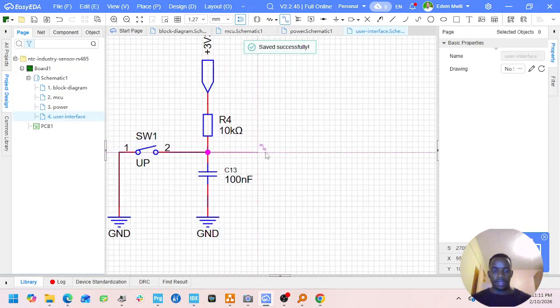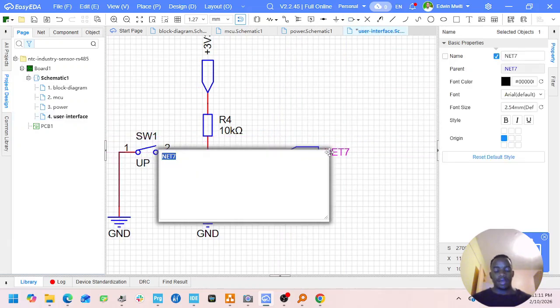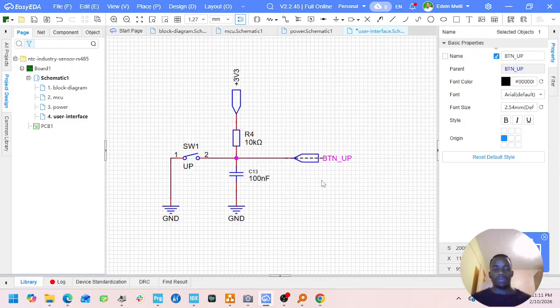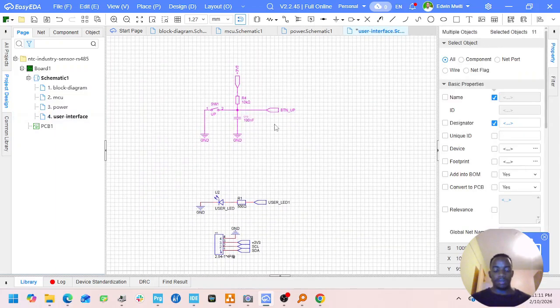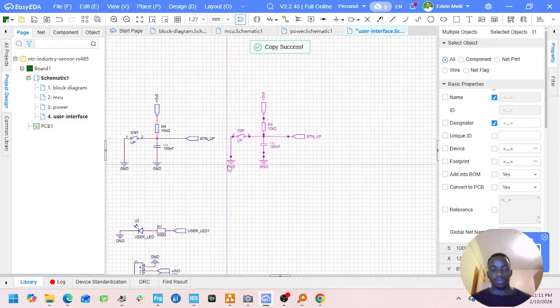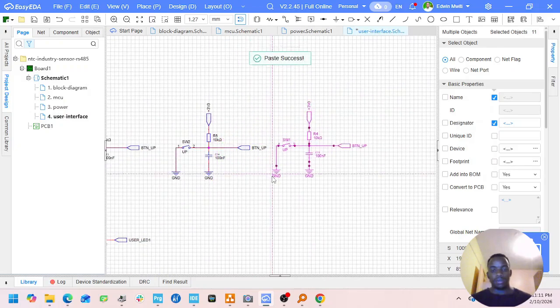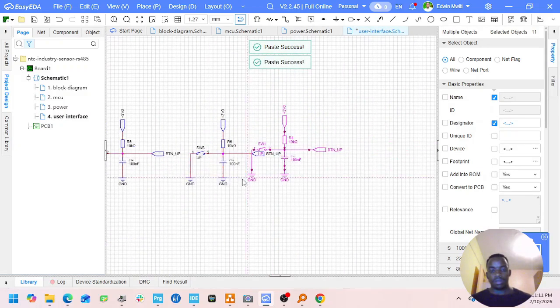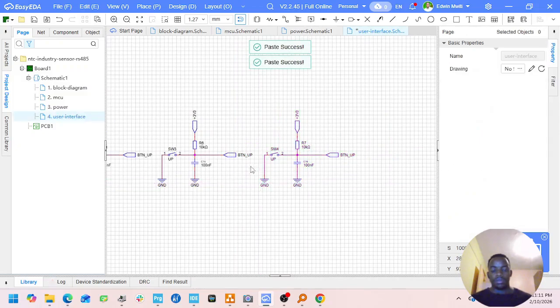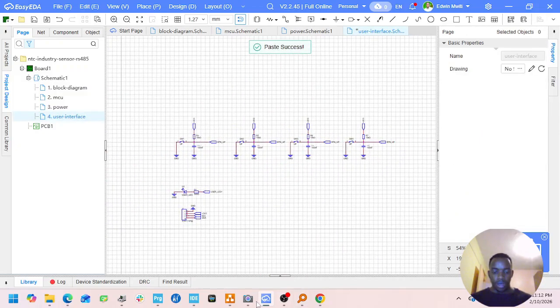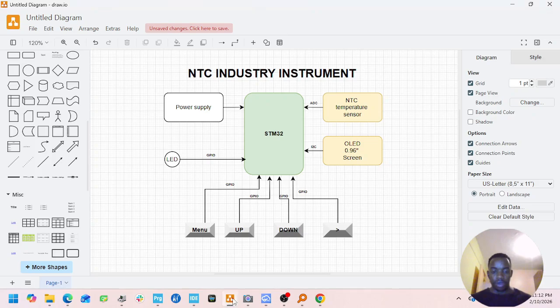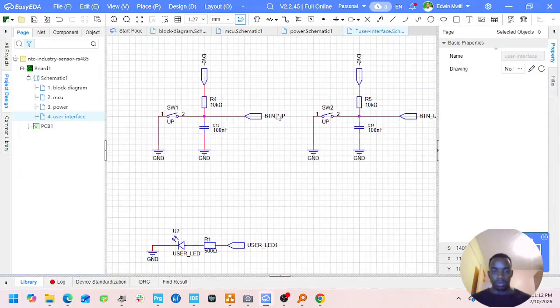Then I'll just take this and call it BTN up. Okay, so this schematic is replicated for 4 buttons. Paste that, paste and paste. So we said we have menu up down, so BTN menu